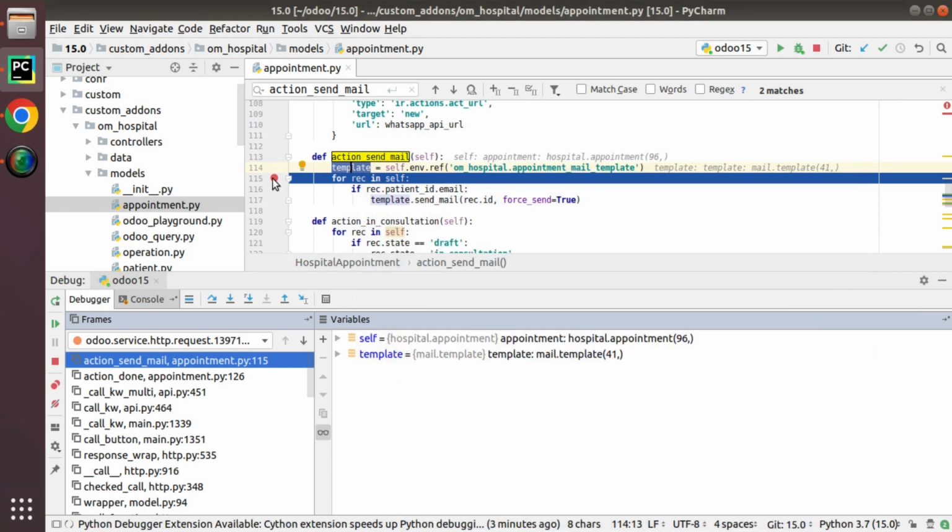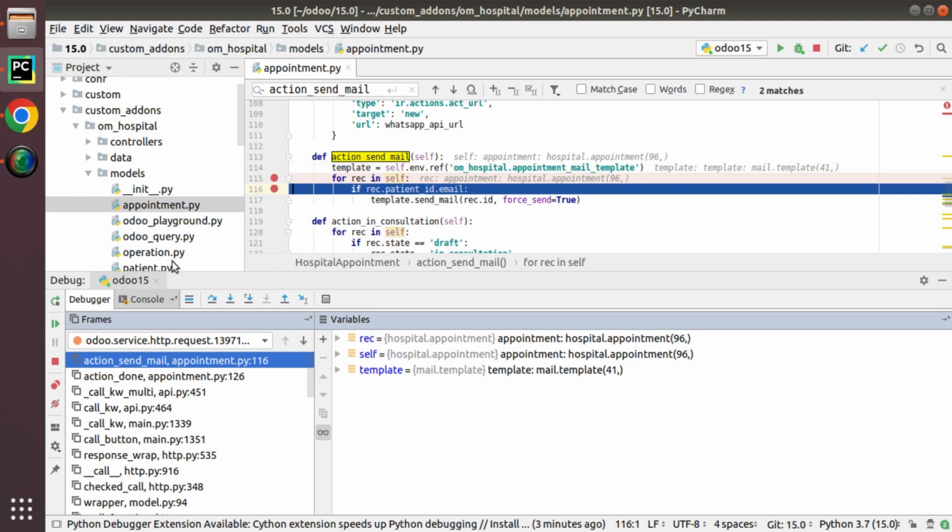So the code execution reached here, and if you need to go to the next line, I can add breakpoints here, and I can remove them by clicking. So I have added one more breakpoint, resume. And at this moment, if you need to know how the code execution reaches this function,